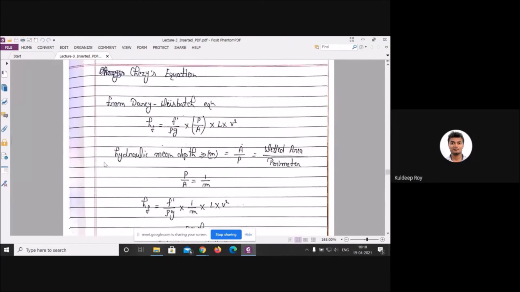These terms are generally based on design. If you want to design any kind of reactor, you define it in terms of diameter. How much will the diameter be? Same thing here. They are defining it in terms of depth, meaning how much the hydraulic mean depth will be. This is nothing but a constant value. Don't worry.